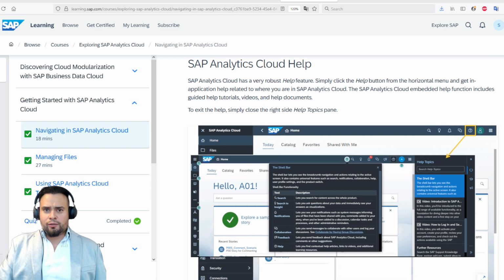SAP Analytics Cloud has a very robust help feature. Simply click the help button from the horizontal menu and get in-application help related